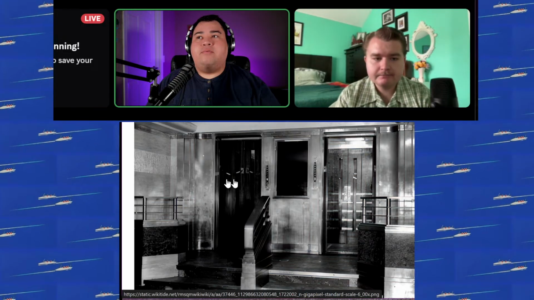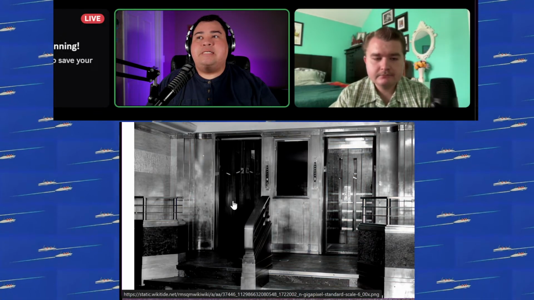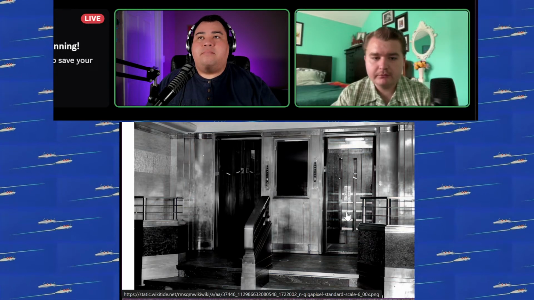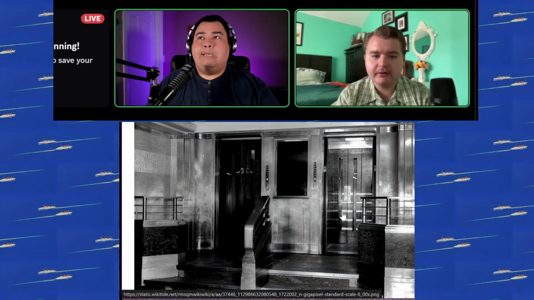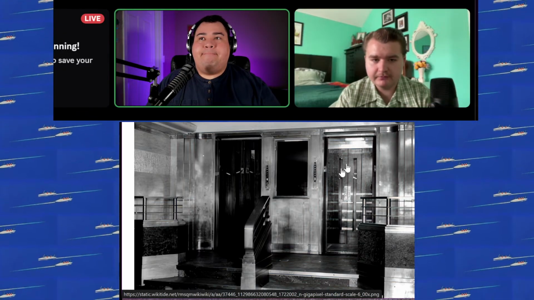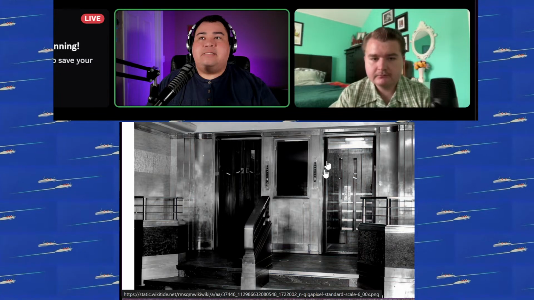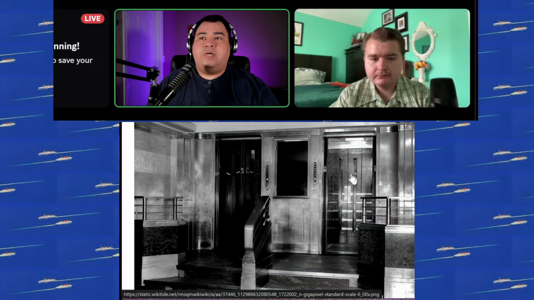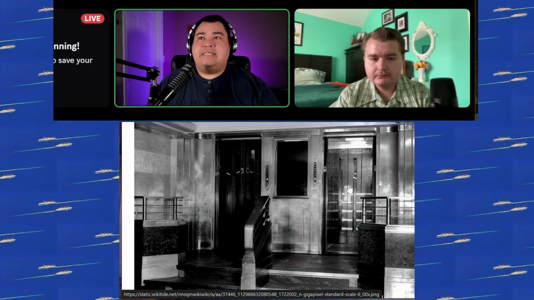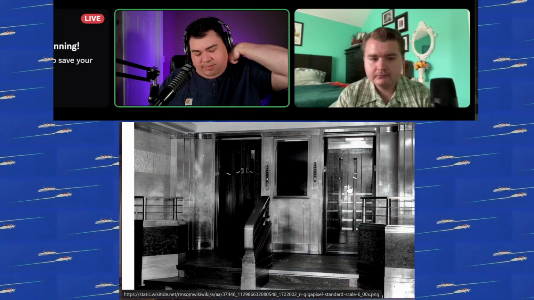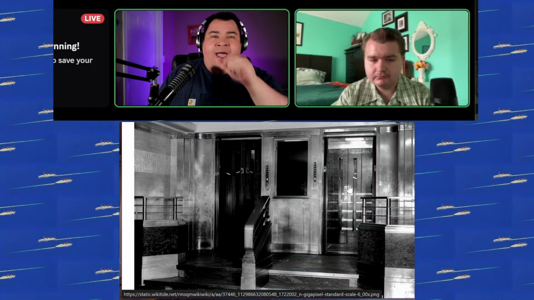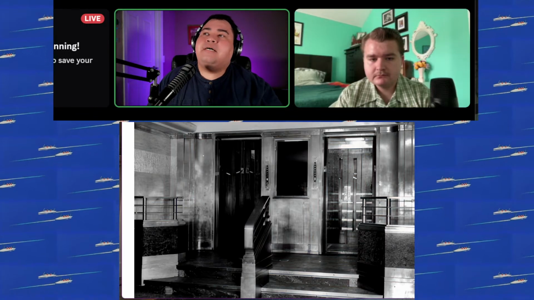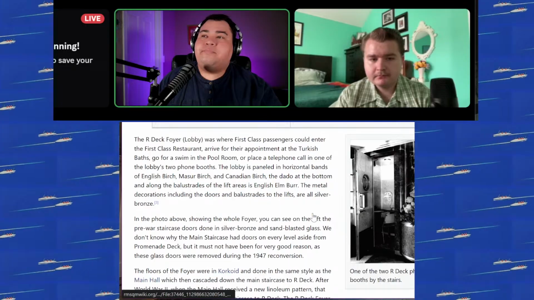Okay. Then the outer doors are steel, but as you can see in this image, the inner doors are wood, and they don't even have those inner doors anymore, except the one that you have your mouse on right now. So folks, if you get in this lift today, on the back end of the lift is this set of wood doors that accesses the old Turkish baths and the swimming pool. And you can see that today on the ship.